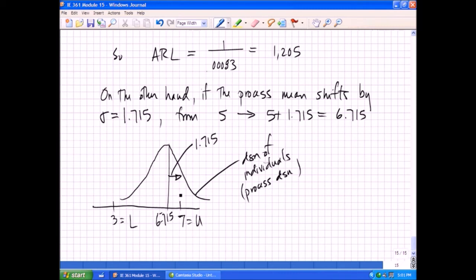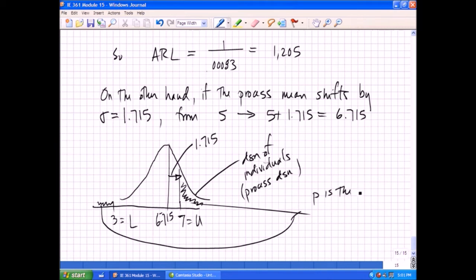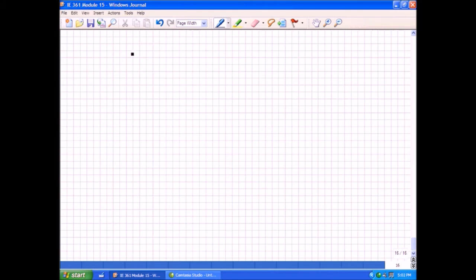And now, though, the probability non-conforming, our P, is going to become the sum of these two things. So P is the sum of these,